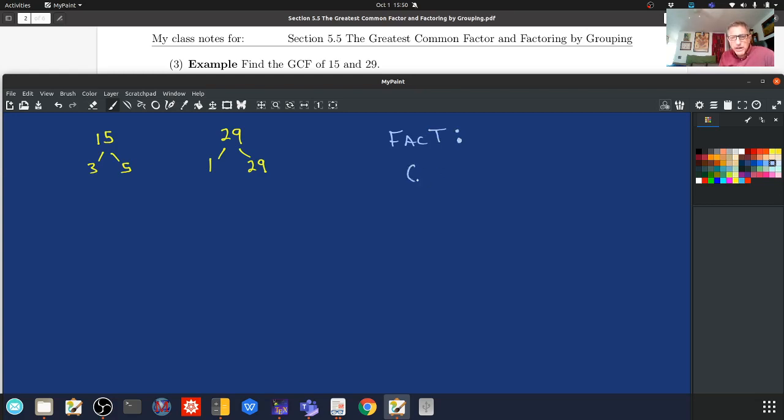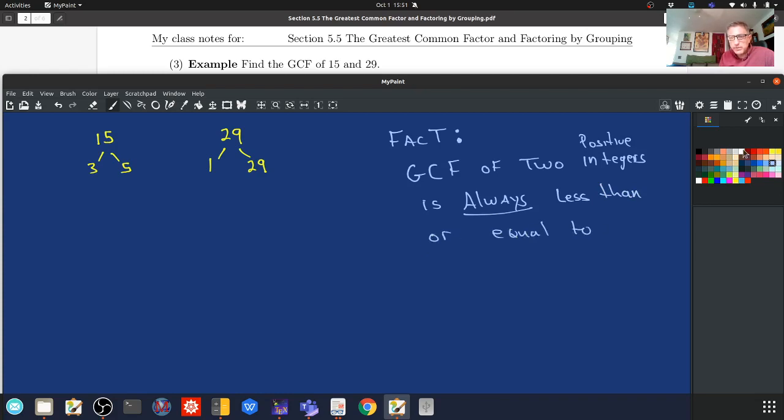So the greatest common factor of 2 integers, I'll say positive, is always less than or equal to